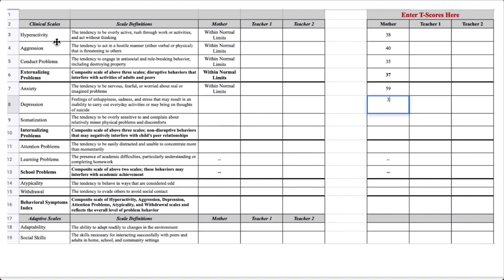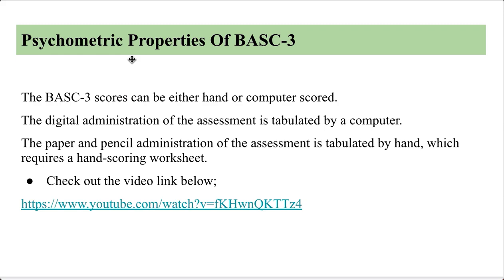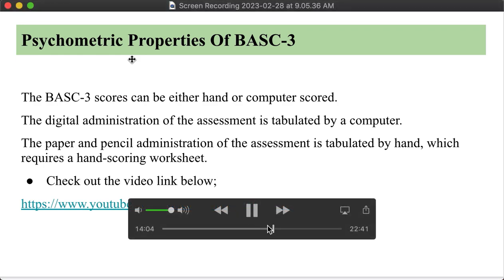Going down, aggression: the tendency to act in a hostile manner, either verbal or physical, that is threatening to others. So these are the types of behaviors that are being observed and rated. The psychometric